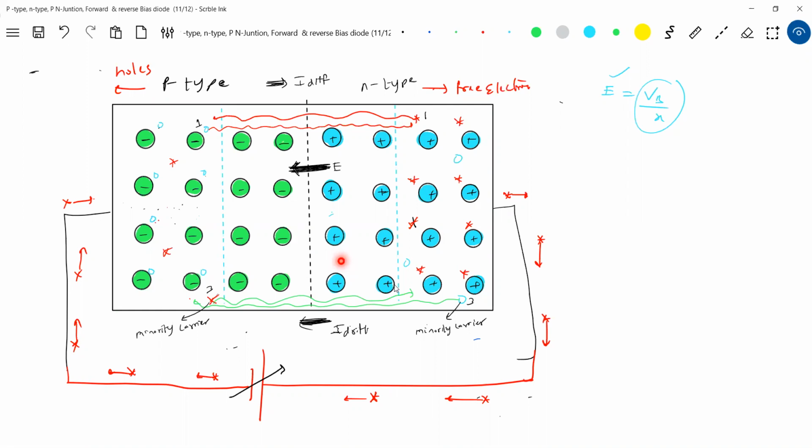That making and breaking up is a natural phenomenon that occurs in semiconductor. For 20 micrometer width depletion layer, more covalent bonds should break up. If more covalent bonds break up here,